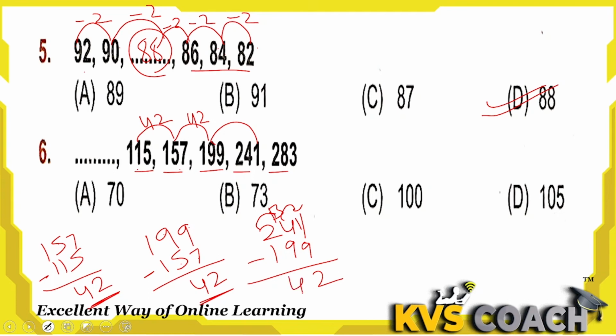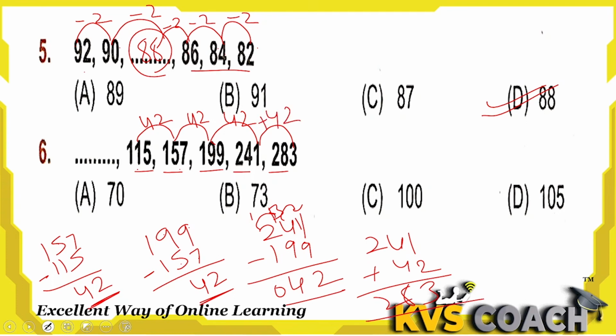13 minus 9 again 4. So here 1 is left. 1 minus 1, 0. So this is again 42 difference. It means they are carrying 42 and 42 difference. Here 241 add with 242, then what we will get? 38283. Well, you can see that I have added here 42 again. So 42 is the pattern. It means here, but how I can find this number?